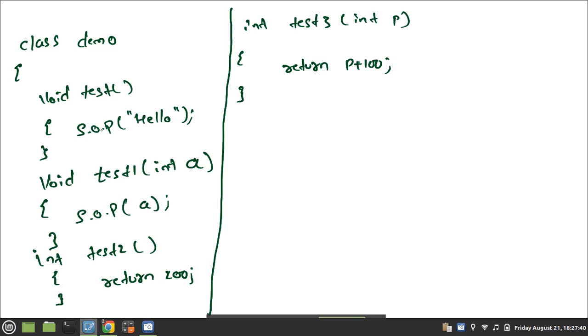So this method is an example for which type of methods?